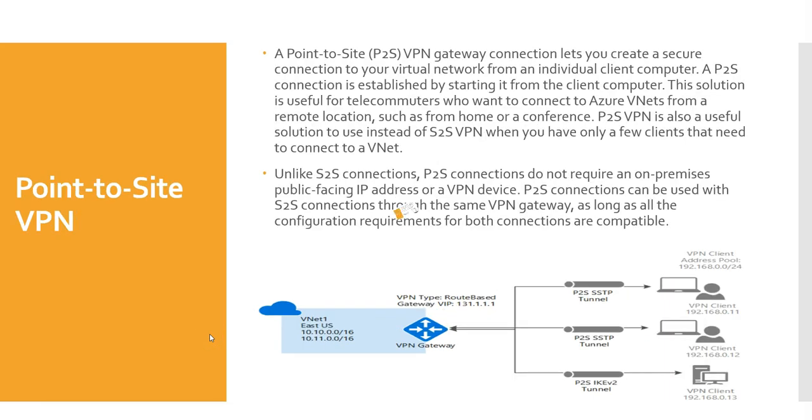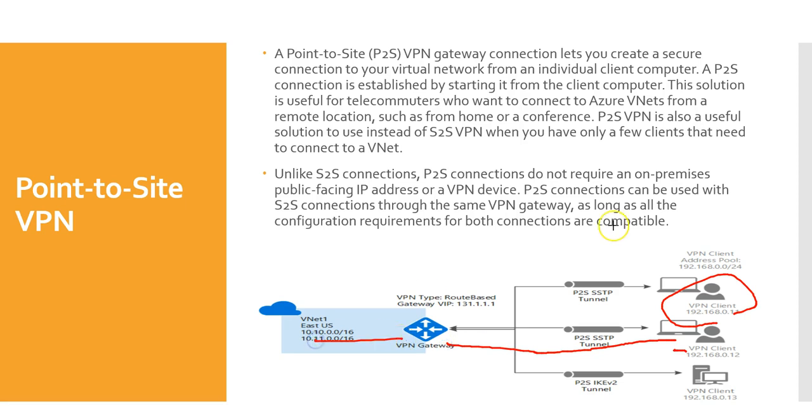Alrighty, next would be point-to-site VPN. A point-to-site VPN gateway connection lets you create a secure connection to your virtual network from an individual client. So point would be your client computer, and site is referred to as the Azure VNet or the Azure site. A point-to-site connection is established by starting it from the client computer. This solution is useful for telecommuters who want to connect to Azure VNets from a remote location. So Office 1, Office 2, or the user who is traveling, can connect to the point-to-site tunnel using a VPN gateway